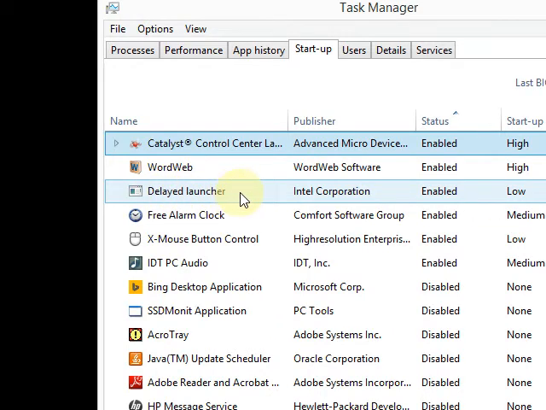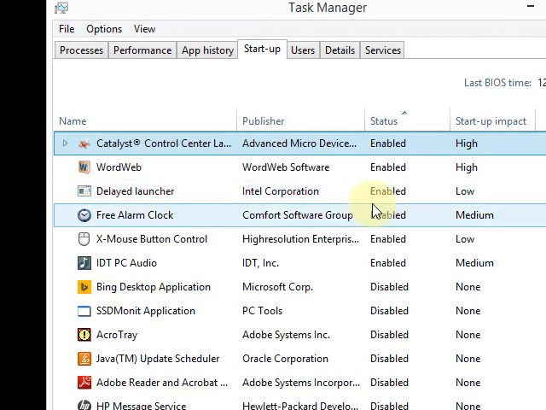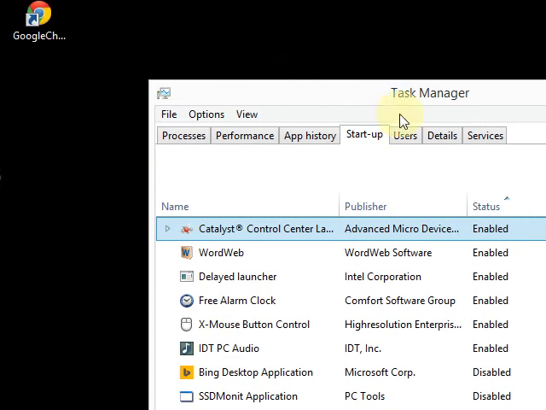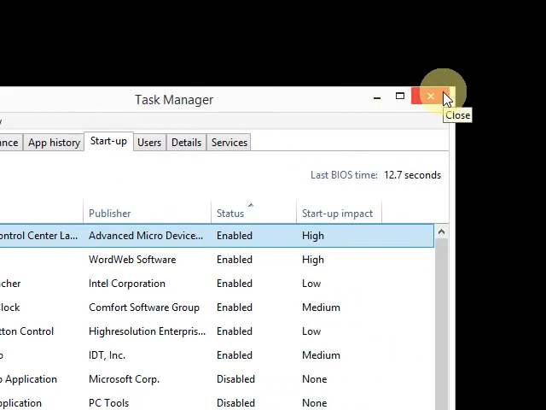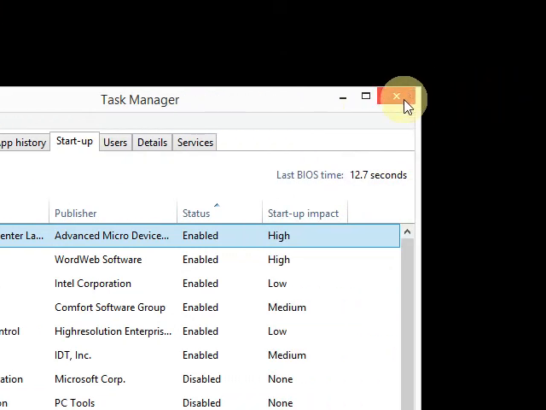That is, instead of starting up at the same time as your computer starts up, start up say 5 or 10 minutes later. That is, after all other important things have booted up and you have enough time to do your stuff, this will boot up slowly in the background. So I think it's far better if you keep this enabled. Now this is not everything. There are even more items which can be changed in startup.